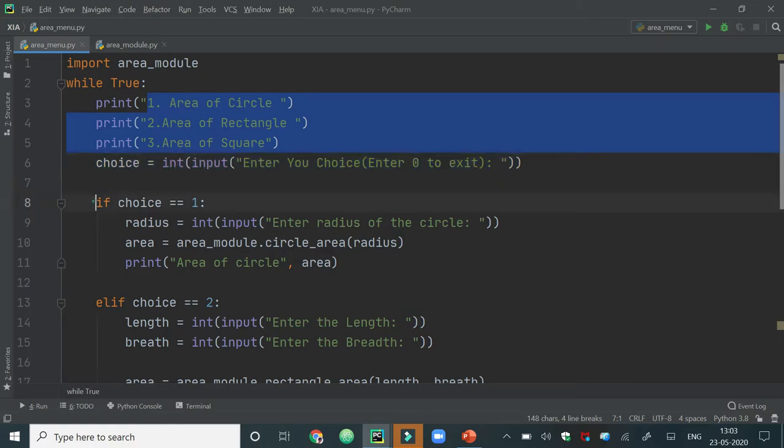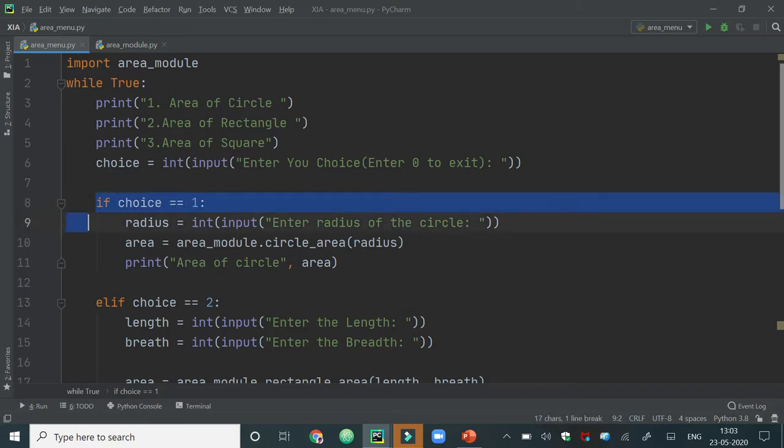So if the choice is 0, then as mentioned in the menu, the area of a circle has to be calculated.